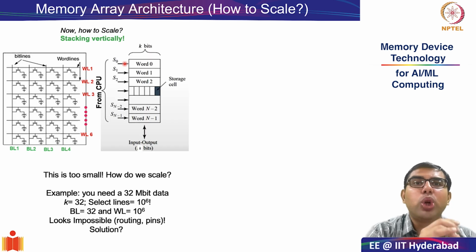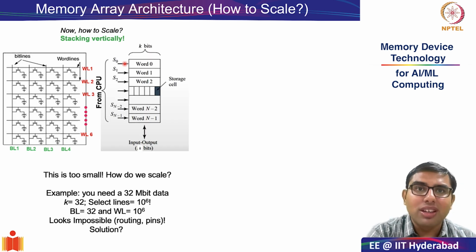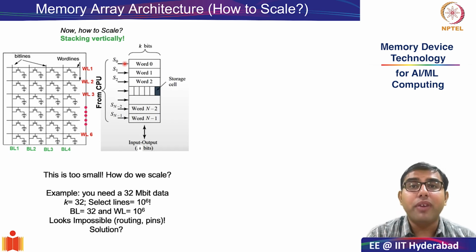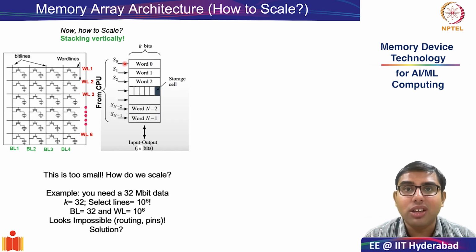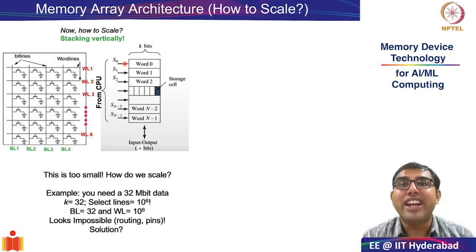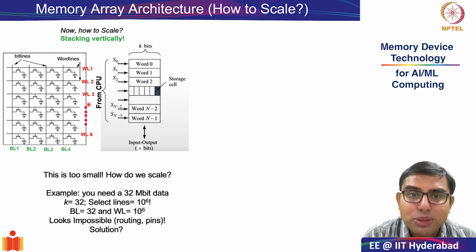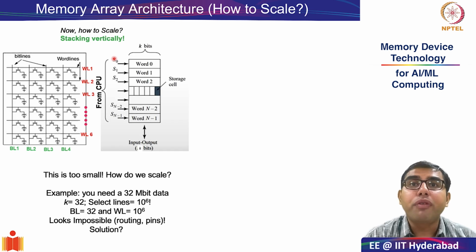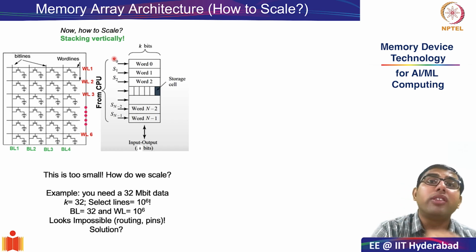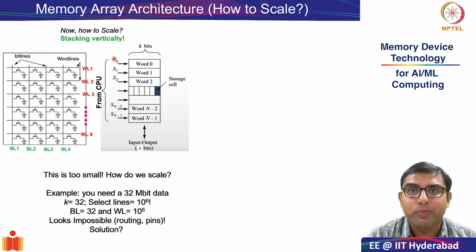Just imagine two chips. One is your CPU and another is your memory. Remember, we studied this when we were looking at the von Neumann architecture. CPU and memory elements are separate and they are connected by the address bus and the data bus. So the entire responsibility of conveying which one of the 1,000,000 select lines is to be accessed is on the CPU.